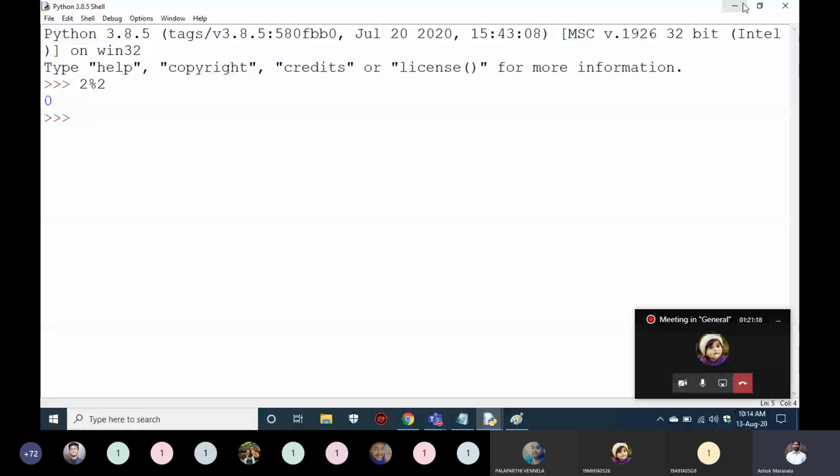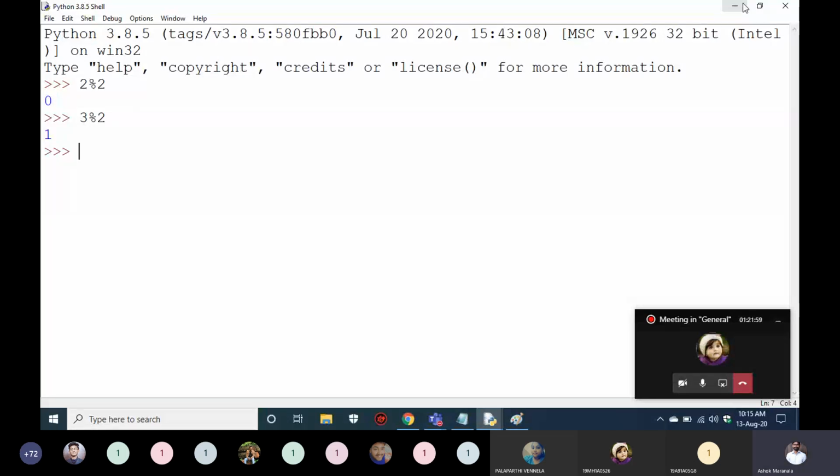No, it is not thinking it is an even number. The user gave an operation, he wants 2 mod 2. I did 2 mod 2 and gave him the result as 0. You didn't tell it to do something else. That means it is just executing, that's it. 3 mod 2 gives 1, and your system doesn't know that 3 is an odd number. Since the remainder is not 0, the system doesn't know 3 is odd, because you are just giving an operator, that's it.